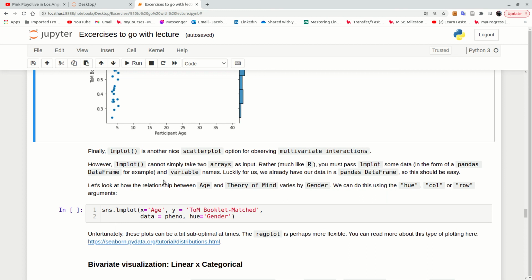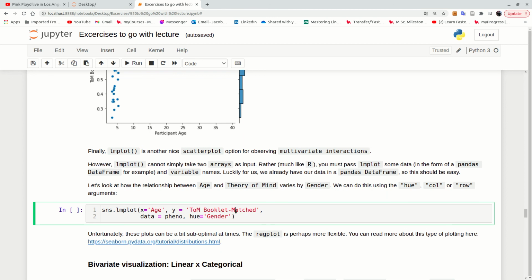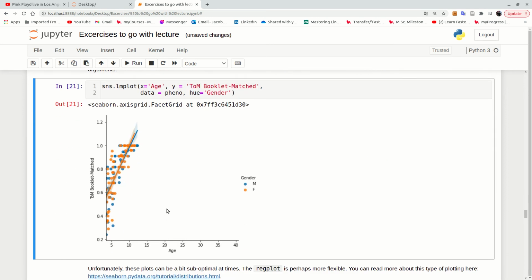And we can examine the relationship between age and theory of mind, and how it varies according to gender. And we can do this using the hue, the column, or the row arguments too. So this is how we do that. We just call the lmplot with our x variable, age, our theory of mind variable as y, and the phenotypic data frame as our data. And we have the hue, so separating by color, we separate the gender in that way. So we pass those arguments,